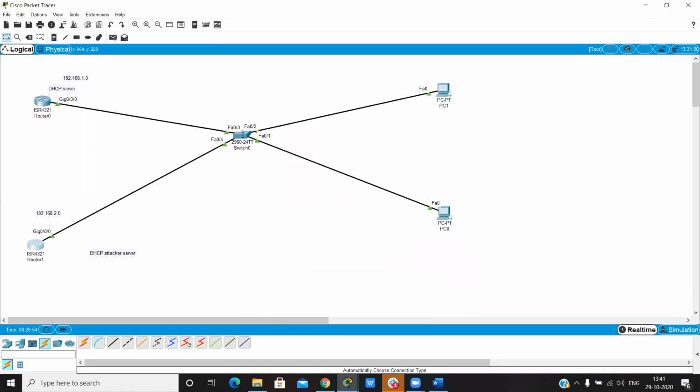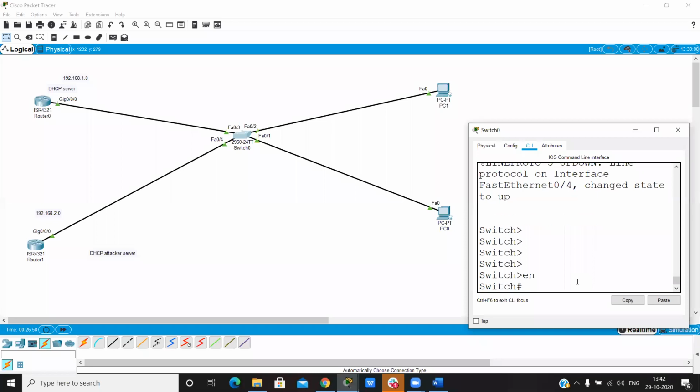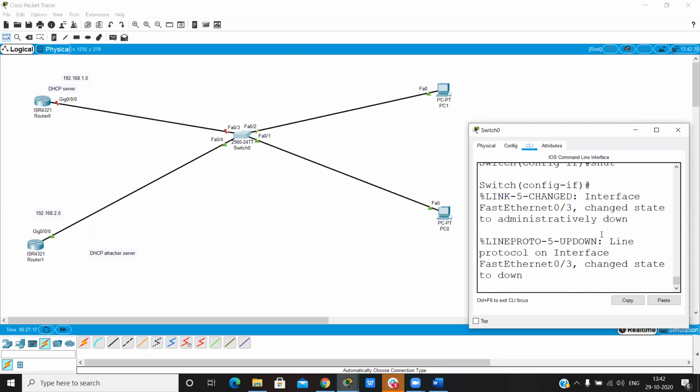Now suppose anyone tries to take down your network. The first step in attacking Wi-Fi is to take down your network. So what I do is shut down the trusted network interface F0/3.